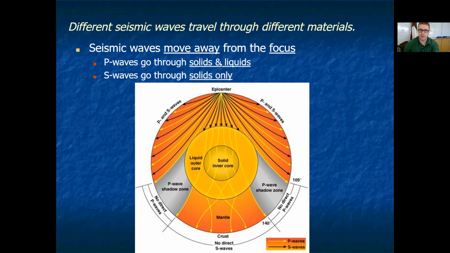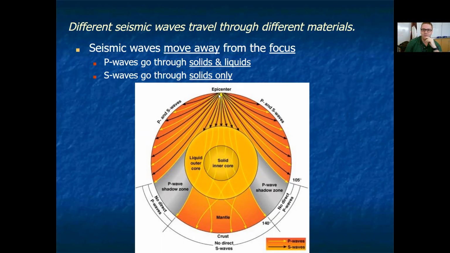Again, just giving a little more information about seismic waves, about our P and our S waves. So seismic waves, we know, move away from the focus. My P waves, they move through solids and liquids. And then my S waves, they only go through solids. So that's why we see these zones on here with black arrows, which are our